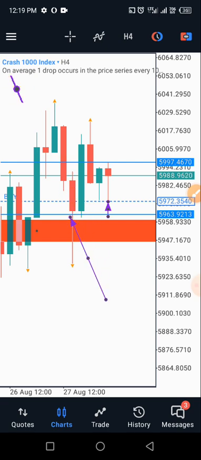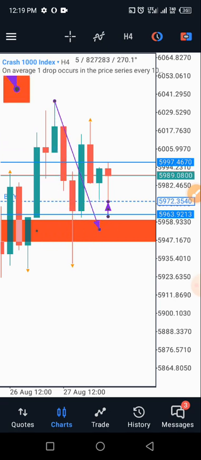So the market retested this zone, and those that thought this was a sell actually started selling, but price closed above this zone, telling us that the market is respecting